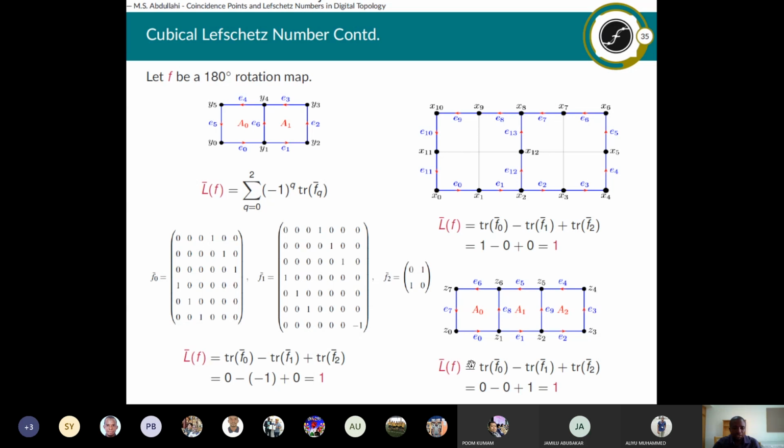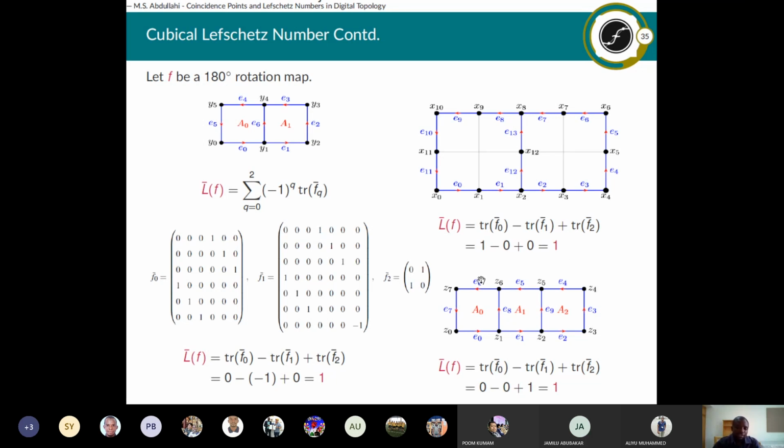So, here we have this Lefschetz number being non-zero, then we know by that theorem that we are going to either have a fixed point or at least two n approximate fixed points. By n approximate fixed point, I mean a point which will have distance n between itself and its image.